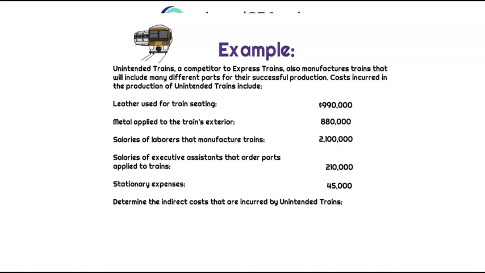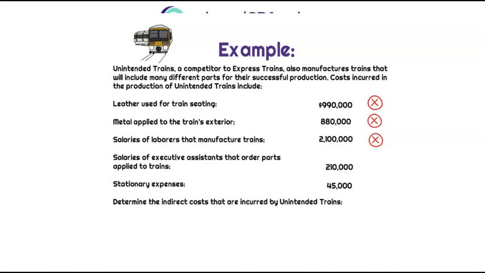We have the same costs. We just now want to know what are the indirect costs that are incurred by Unintended Trains. As we remember, these directly traceable costs, the leather, the metal applied, the salaries to the laborers, are all directly traceable to the train itself. So we want to know what are the indirect costs. These are going to be the non-directly traceable costs,